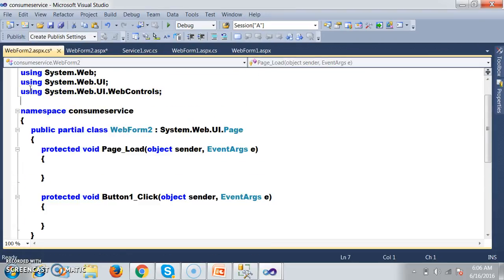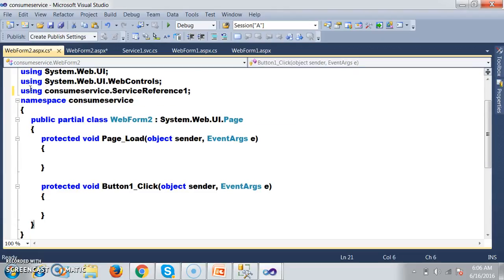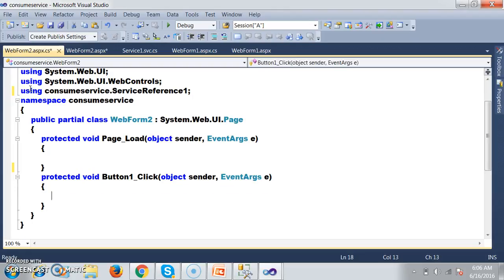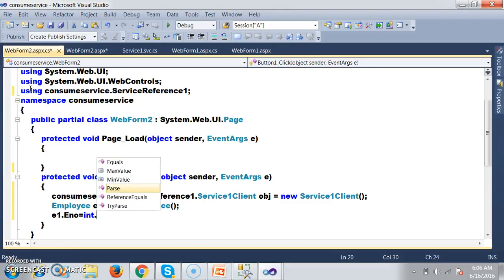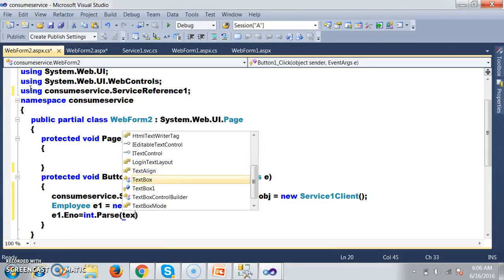Here what to do? Here you write simply using consume service dot service reference 1. And within the button 1 underscore click, what I want to do? I will try to create an object, something like what? How to create a consume service dot service reference 1 dot Service1Client obj is equals to new Service1Client of. Now here I want to set the values. So first of all I will create an object for employee. Employee E1 is equals to new employee of. E1 dot what? E number is equals to int dot parse of text box 1 dot text,